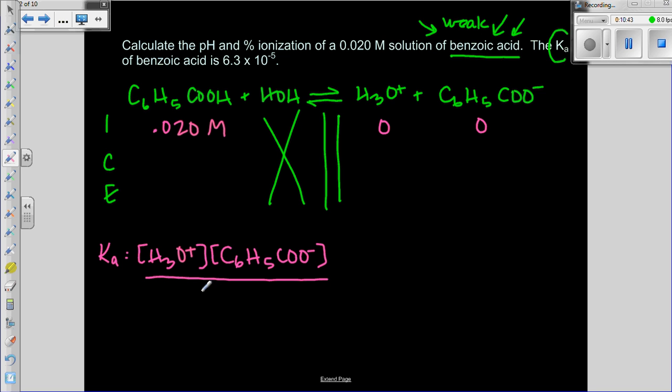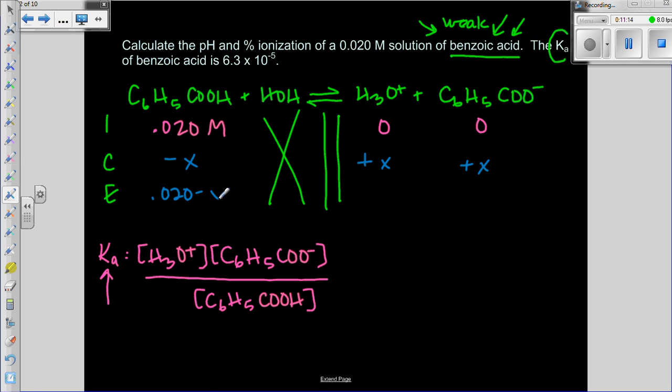And remember that you're typically getting a point for writing this, and so that's why we practice it this way every single time. So there's our equilibrium expression. Because I actually have a value for the Ka, and I don't have any equilibrium concentrations, that tells me I've got to use X. So I don't know how much this goes down by because it's a weak acid, 1-to-1 molar ratio, so these go up by 1. And then I just add or subtract. So 0.020 minus X,